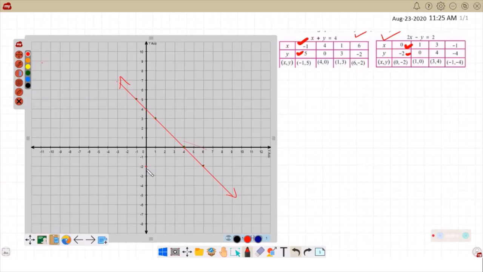1 on x and 0 on y. 1 on x here and 0 on y, so it will sit right there. Then 3 on x and 4 on y, so it will go here. And minus 1 on x, it went here, and minus 4 on y. Okay, we will mark it here. Sorry, it shifted a little, it will create a problem later. Okay, so